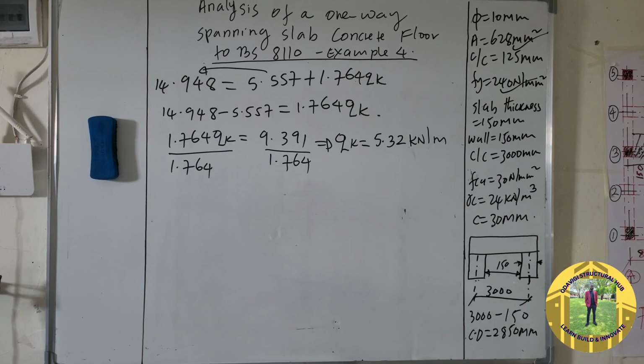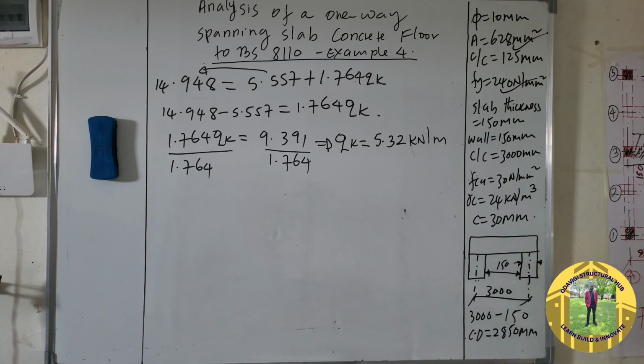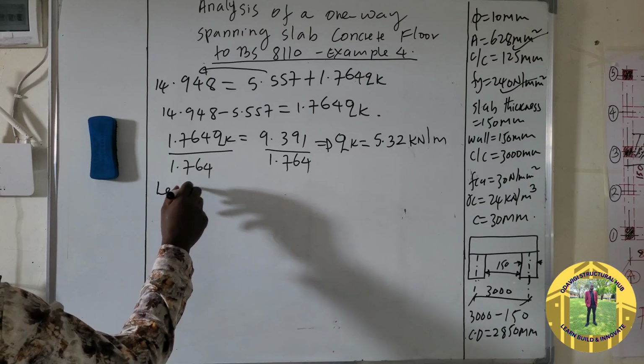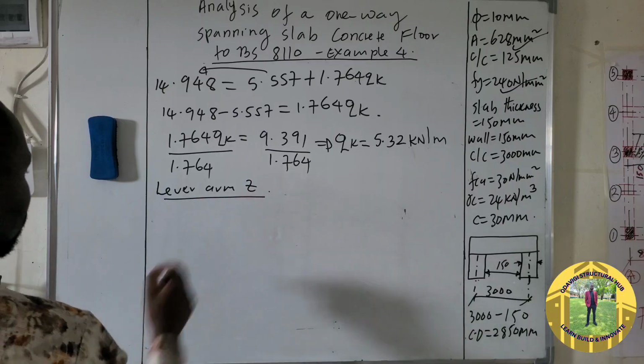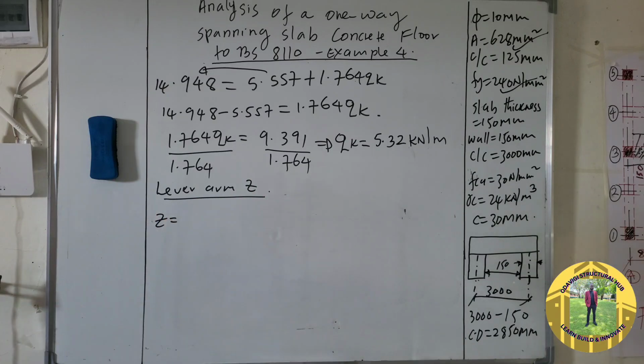So remember, we assumed our Z. So after having calculated this, we can now check if the value we assumed for Z is correct or not. So lever arm, which is Z, so you know that Z is equal to